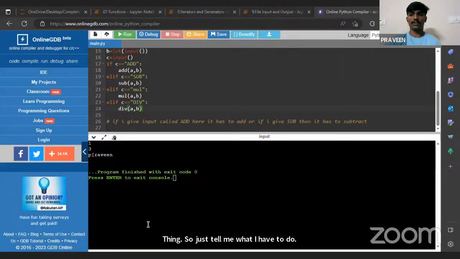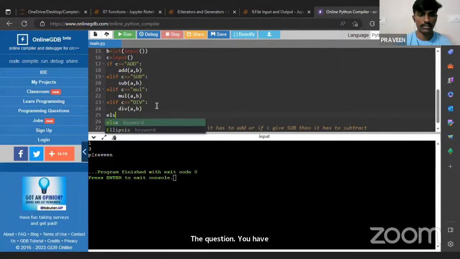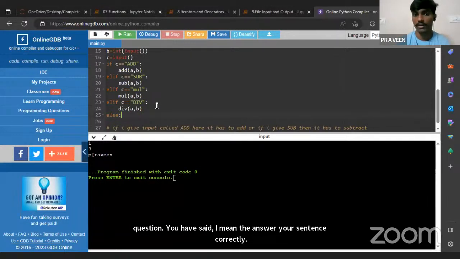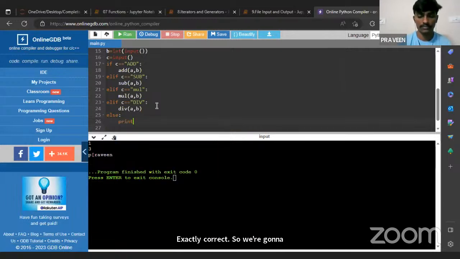Exactly, Pawan. I really appreciate your effort. The answer you have sent is exactly correct. So we're going to write another block here, called the else block, and we'll print the value you have